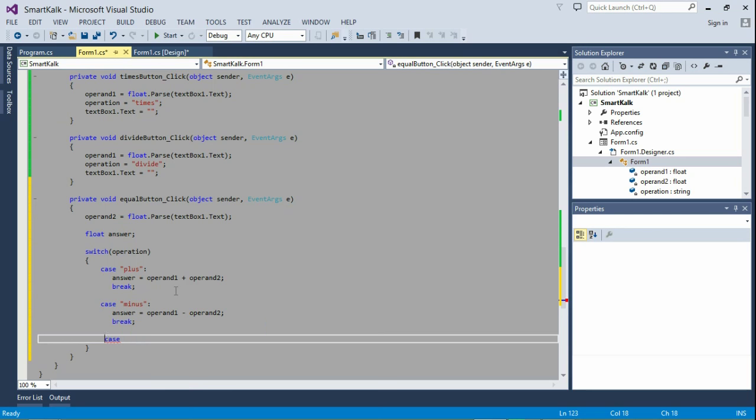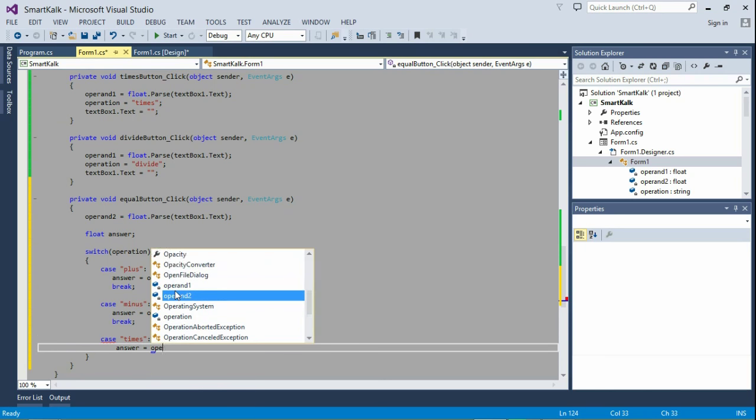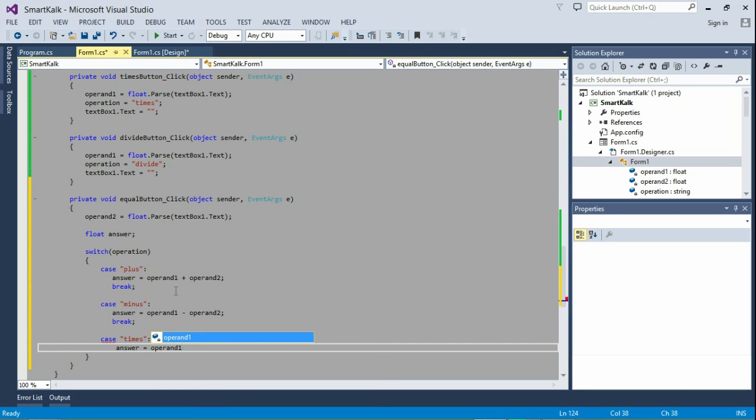I like to keep everything well tabbed. That's that. Case times: answer is equal to operand 1. Now the symbol for multiplication is star. Operand 1 star operand 2,